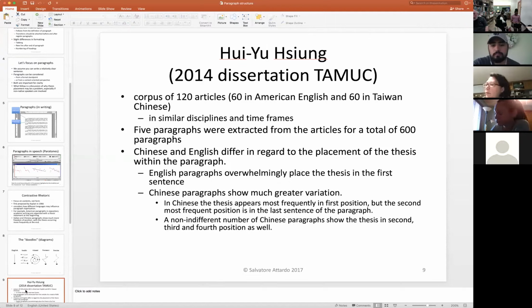And the conclusion that she reached is that there were significant differences between where English locates the thesis in academic writing and where Chinese locates the thesis. In English, overwhelmingly, the vast majority of paragraphs placed the thesis in the first sentence. That's the location that you expect, and so that's where they placed it. However, in Chinese,